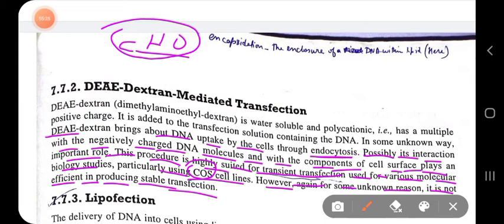So this was all about what I wanted to say today about the different direct mediated gene transfer methods. I hope you have understood what I have mentioned today. If you have any doubts regarding this chapter, you can ask me in the WhatsApp group. And I am requesting again that each of these lectures is very, very important, so go through these lectures, because on the basis of this I will take a test also.